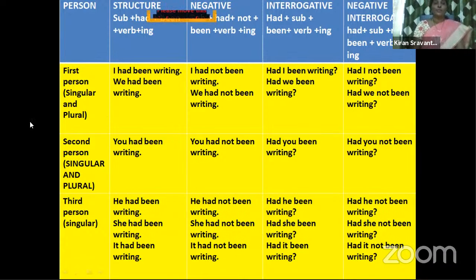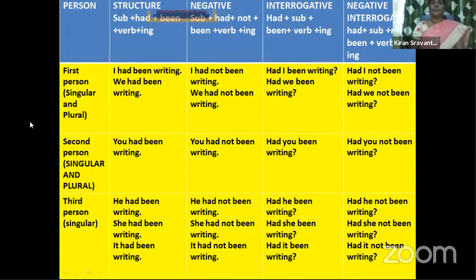Coming to affirmative sentences like I had been writing, we had been writing. See, here also we don't have any confusion like in present perfect and present perfect continuous tense, whether to use has or have. Here we have only had. Coming to the second person, you had been writing. Third person, he had been writing, she had been writing, it had been writing. Third person plural is they. They had been